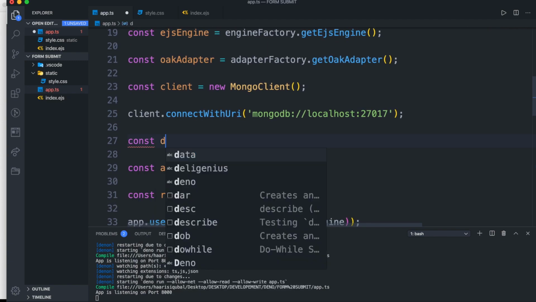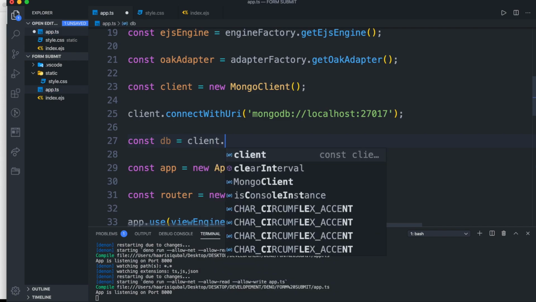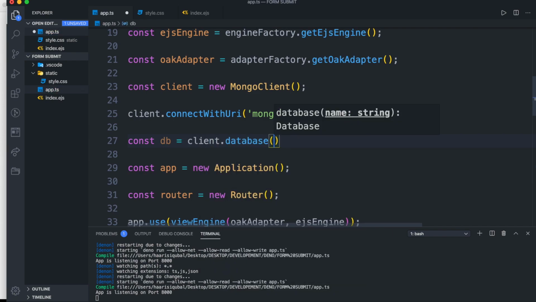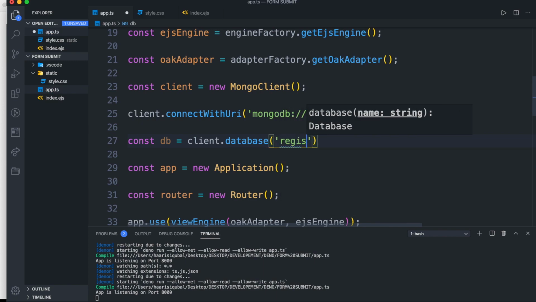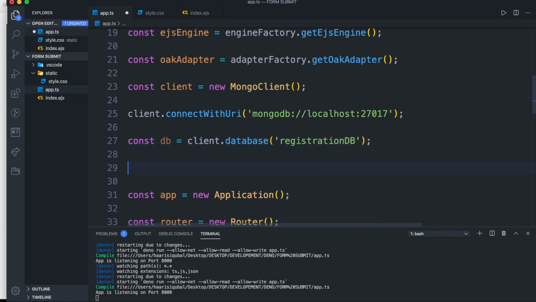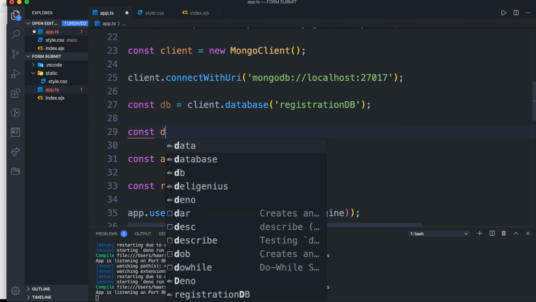After that, we need to create a database as const db equals client.database and inside it type the name of the database. After it, we need to create a collection.